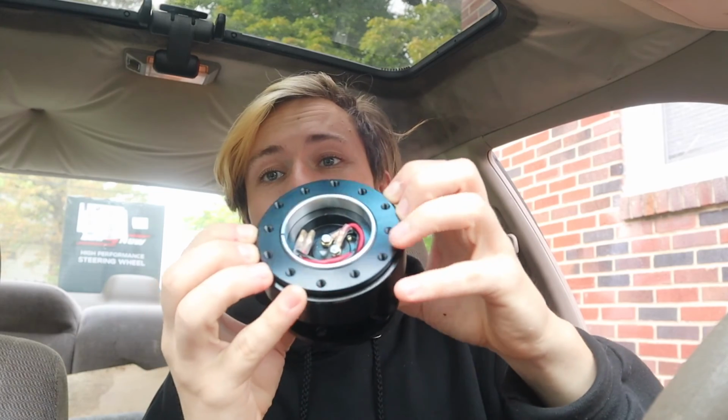And this quick release is honestly hefty. So you press this in, I think. It's kind of hard to do when it's not on the wheel. I don't know how this thing works, but it's got all of our connections in it. Oh, so you press it in, and that part comes out, and that part's gonna go to your hub. But this part goes...